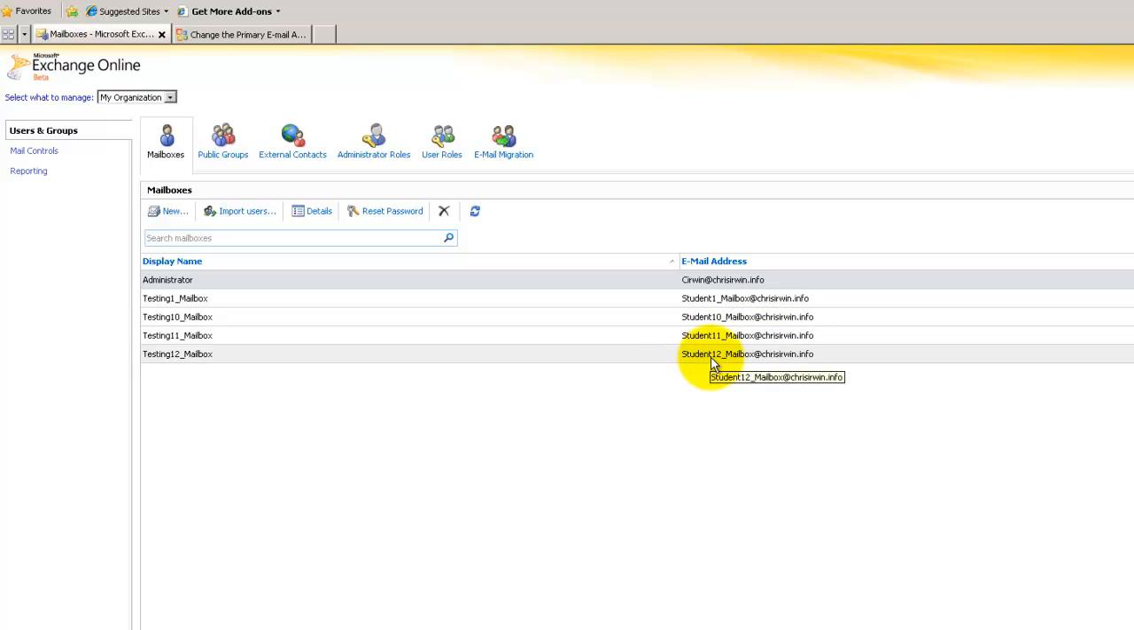That is how you use a PowerShell script to update multiple accounts in a Live@EDU tenant for the SMTP